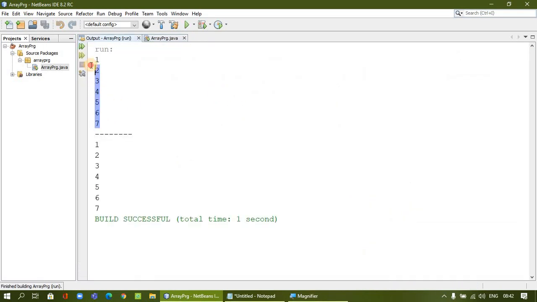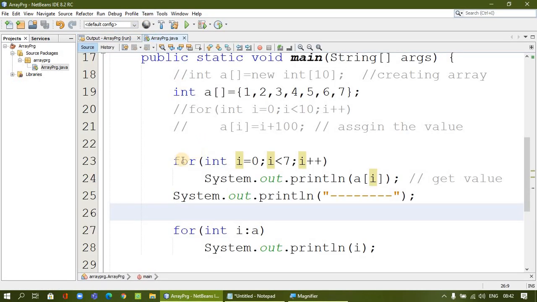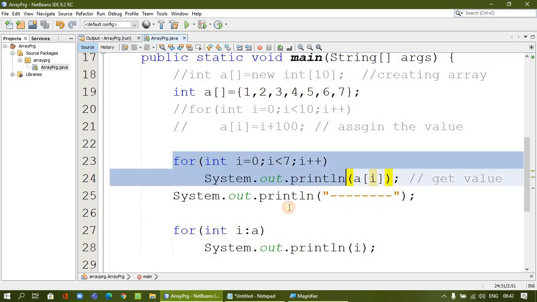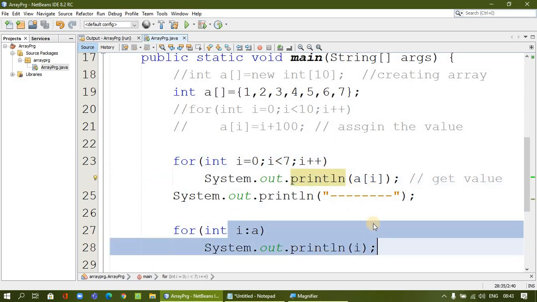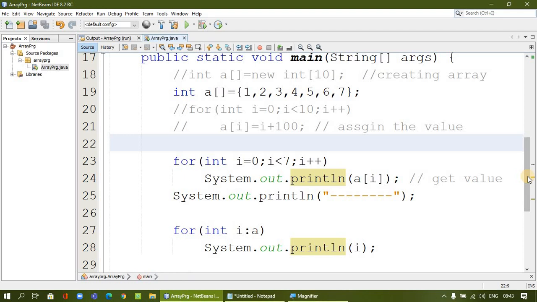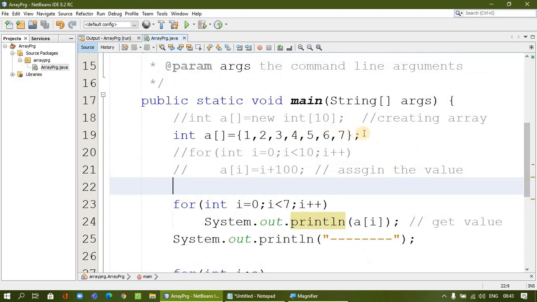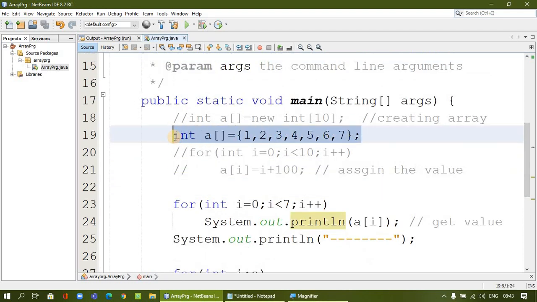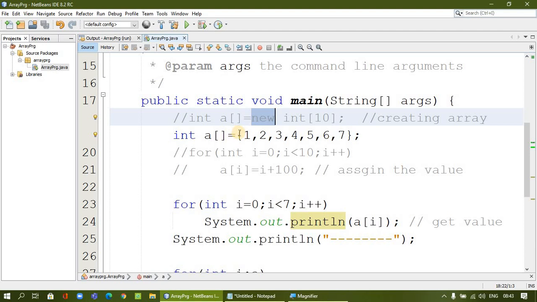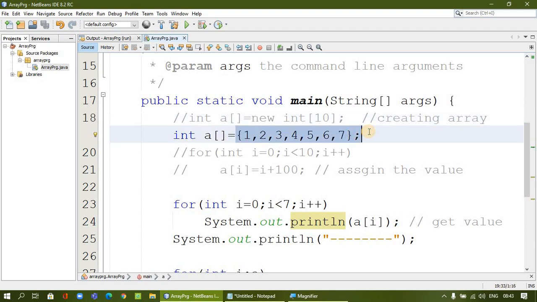So we have assigned a total of 7 elements here, and in the same way, using the for loop, we printed the value, and for each we printed the value. The difference this time is that we used the other way of assigning the value, meaning we directly declared the array and directly assigned the values without using the new operator. This is an enumerated data item, and we directly use the enumerated data item to store the value.